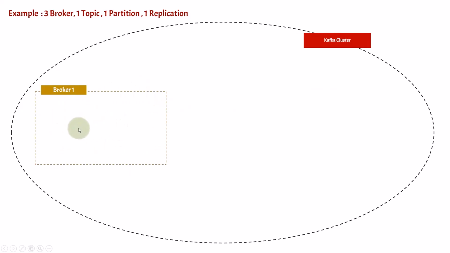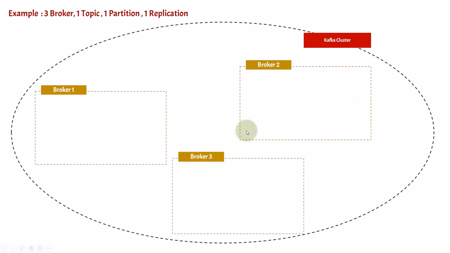This can be a separate physical machine on AWS, let's say an EC2 instance, or on Google Cloud it can be a compute engine, anything. So this is basically a system, which means it can be a physical system or a virtual machine, anything. There is a broker present here. Now there is another system where broker 2 is present and a third system where broker 3 is present. Since it is a Kafka cluster, all these 3 brokers constitute and create a single Kafka cluster. So you have Kafka installed on broker 1, 2 and 3.